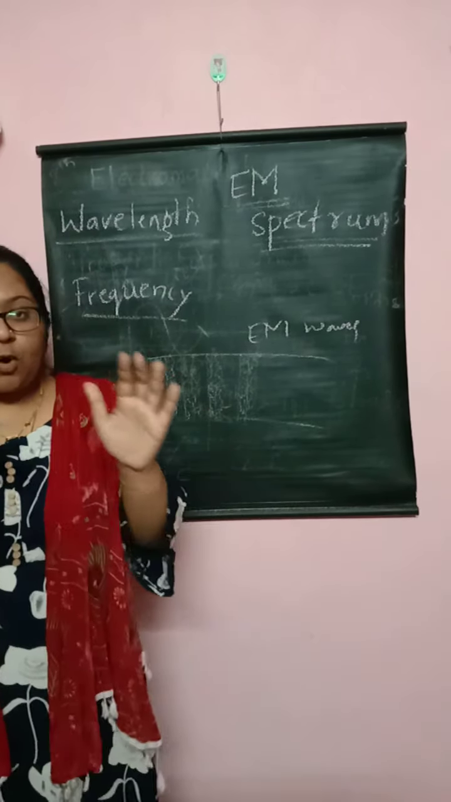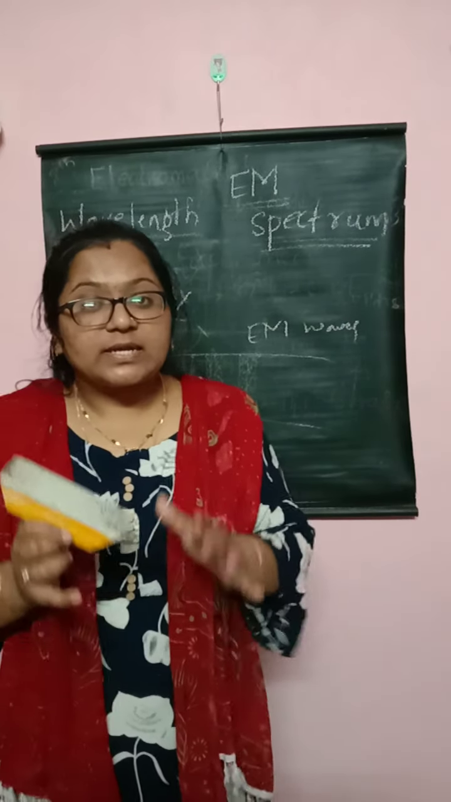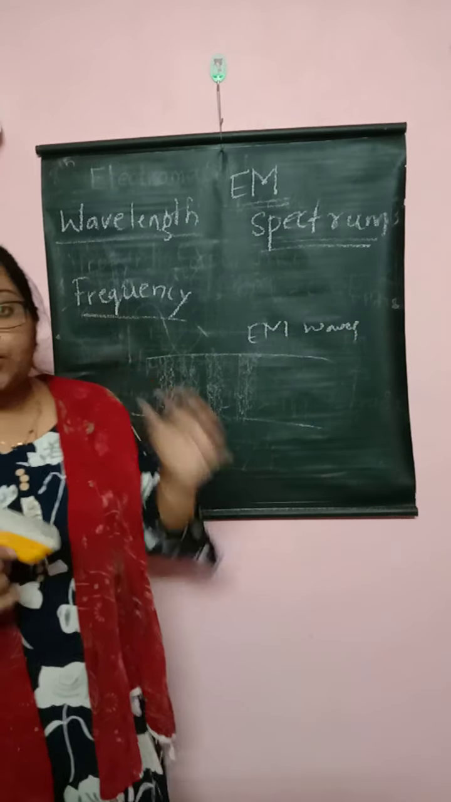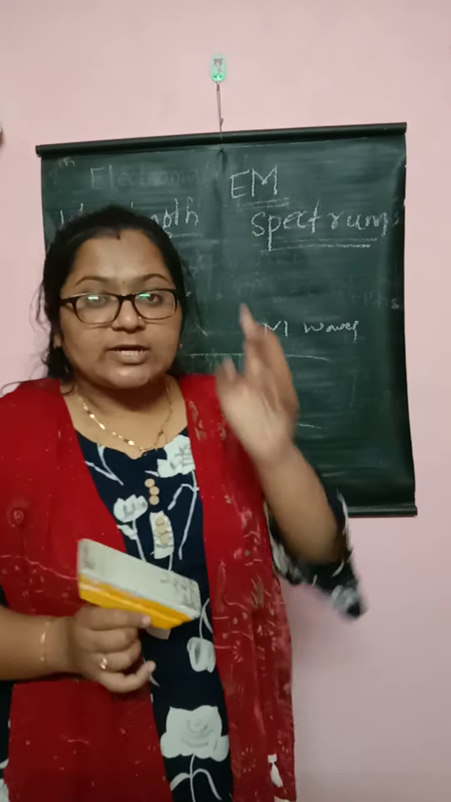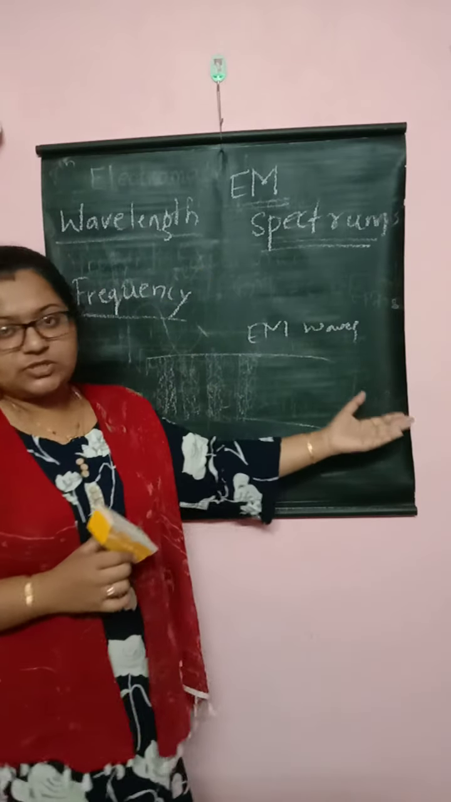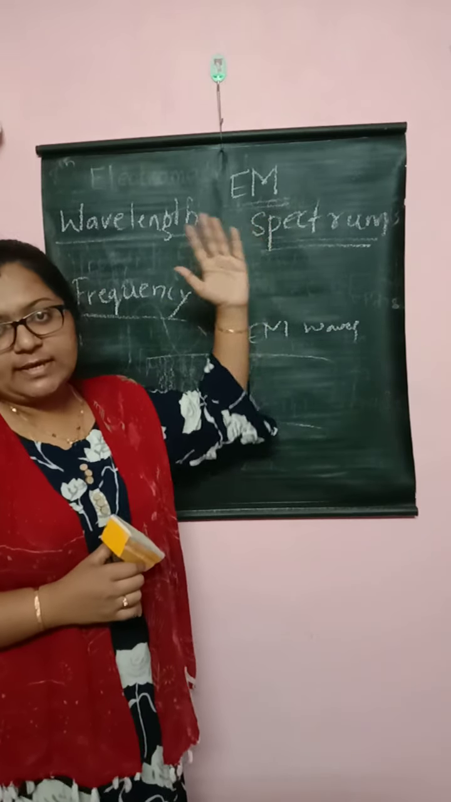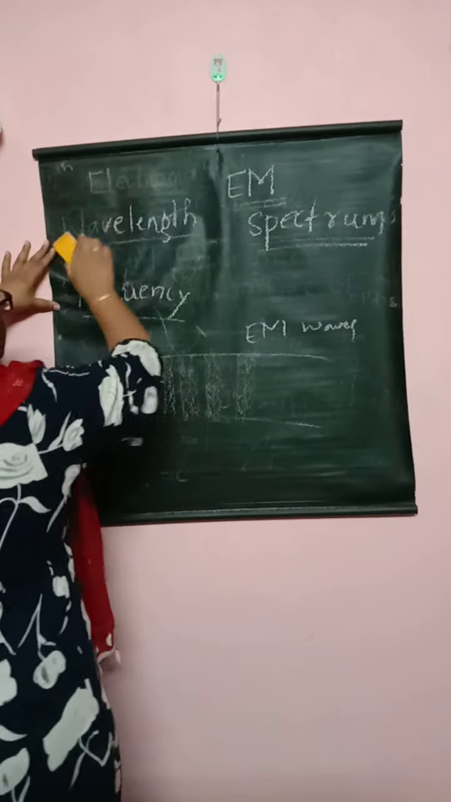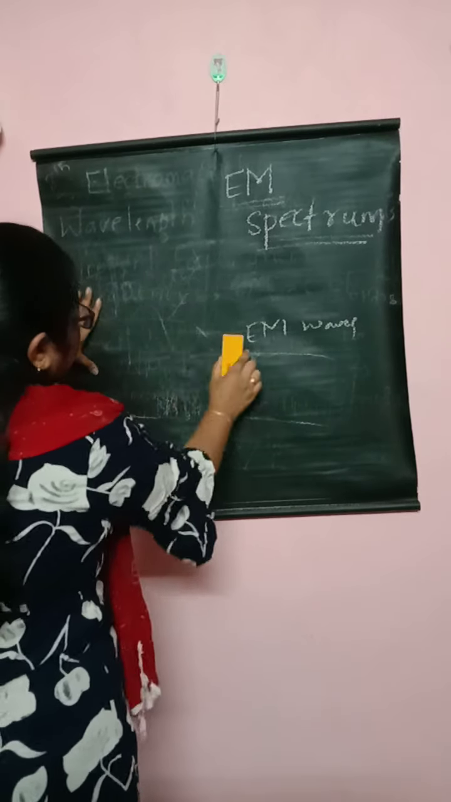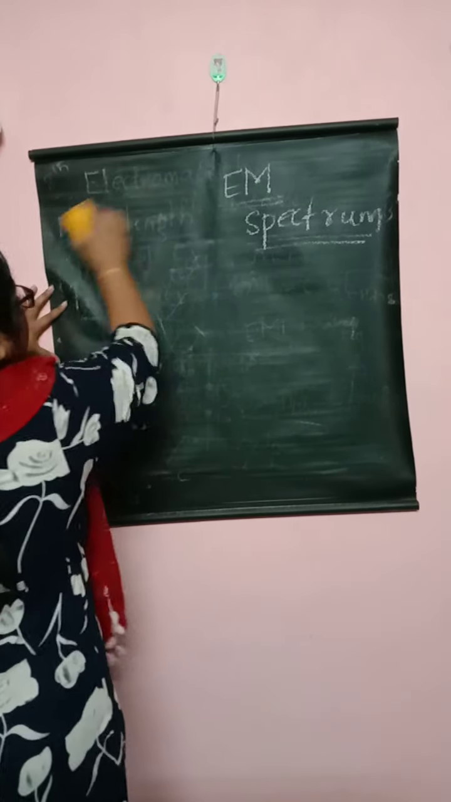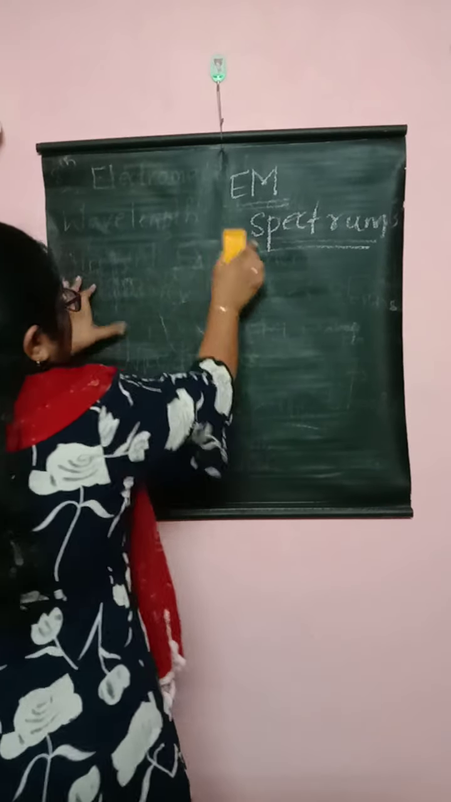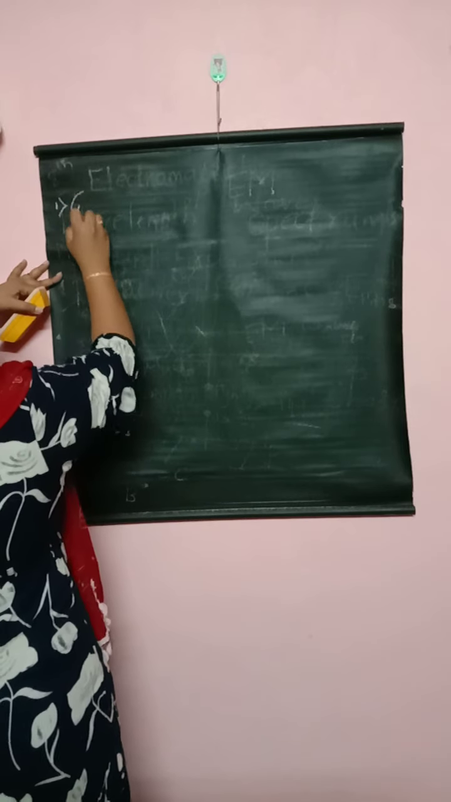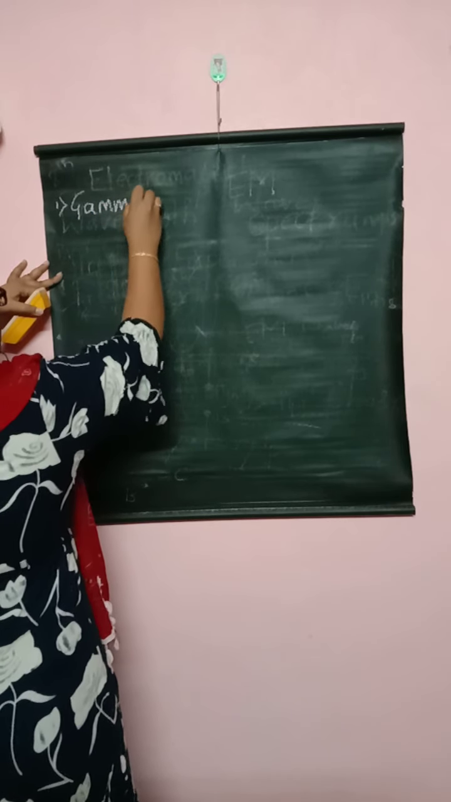So the proper arrangement of electromagnetic waves is nothing but the electromagnetic spectrum. Understood? The proper arrangement of electromagnetic waves in different regions is called the electromagnetic spectrum. Understood? So depending on the frequencies and wavelength, we have some types of electromagnetic wave, some different regions of electromagnetic wave. So we have the gamma rays, then